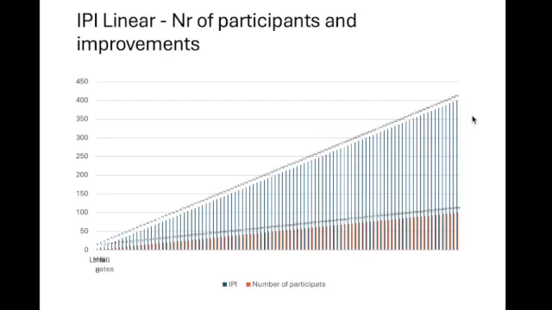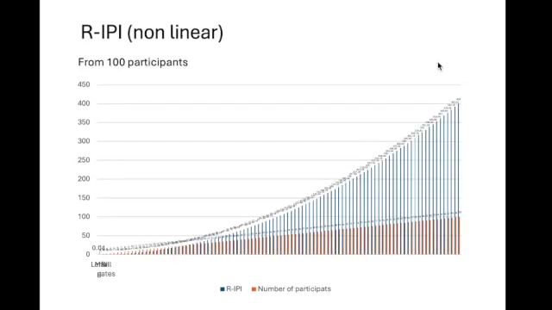If we consider IPI, meaning improvement, it is linear: the number of participants, from 1 to 100, is exactly correlated with the amount of improvement in a linear way. R-IPI is exactly the same, but it has more emphasis on the participant number. It means that the improvement will increase in a non-linear way. But if we compare